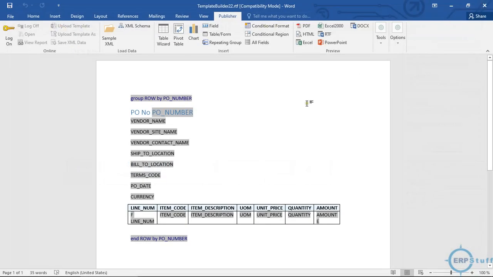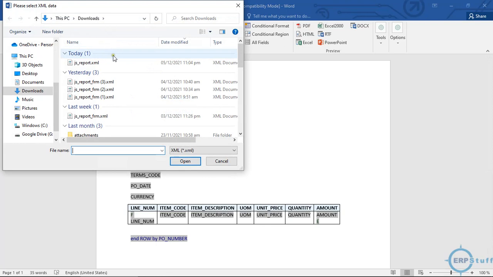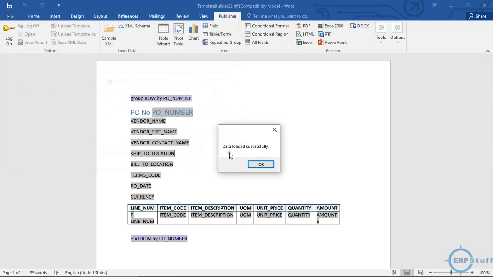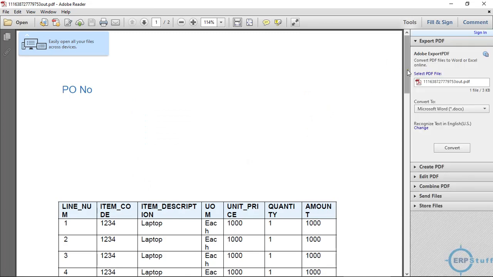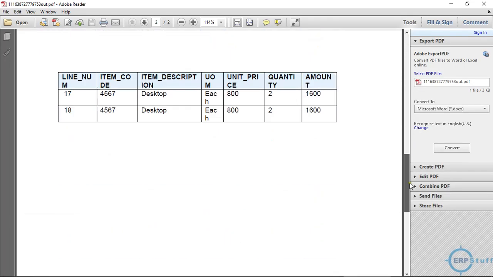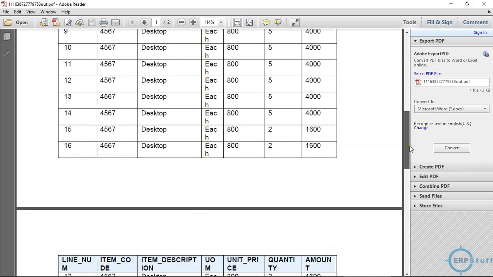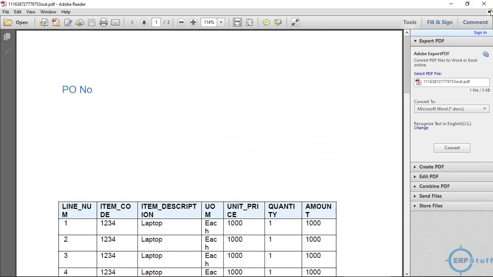Once it is done, let us see why there is no data again. Let me try this. It should be there. Okay, excellent. Now it is showing over here, but my grouping is not shown. Let us see.